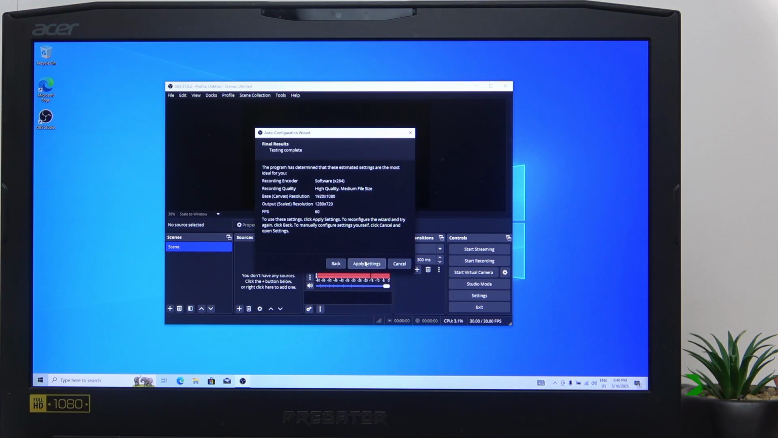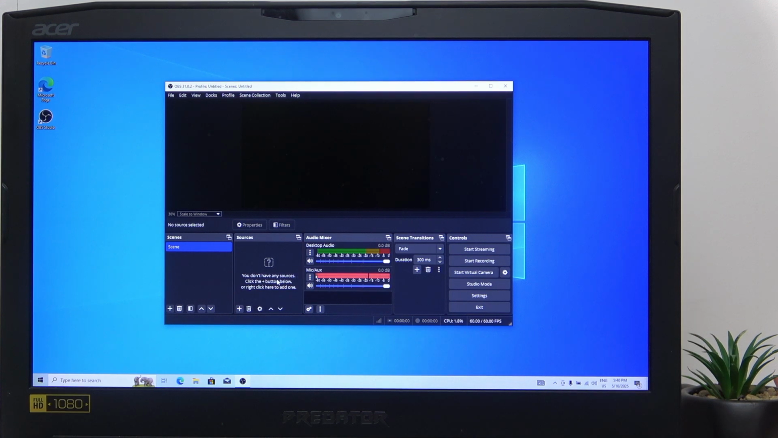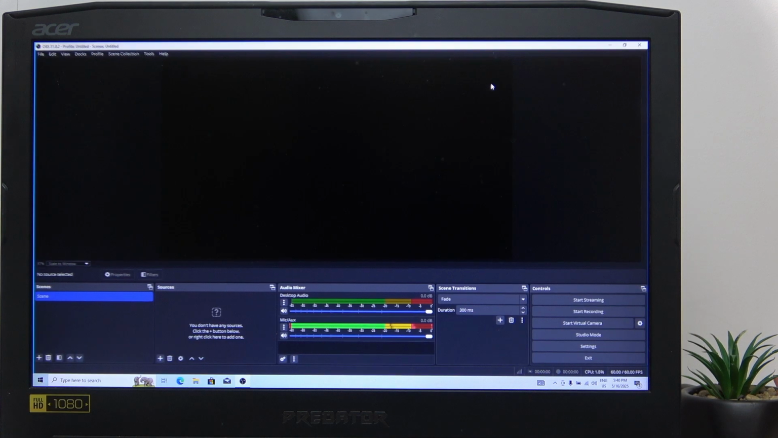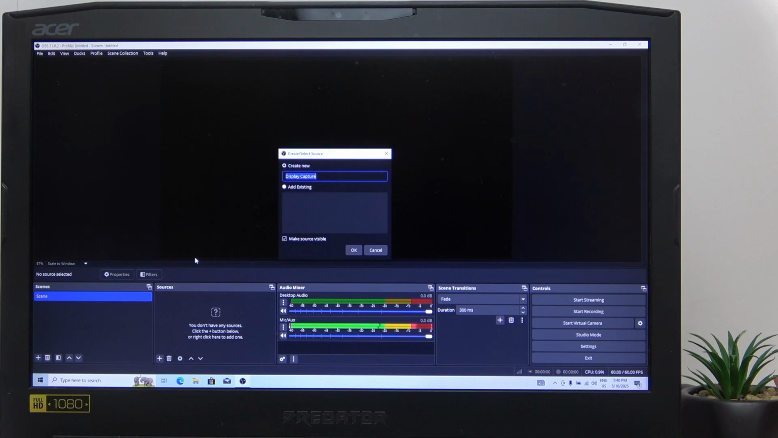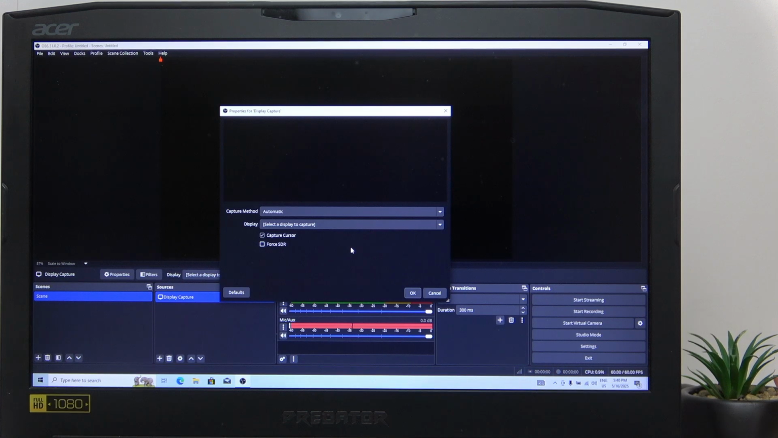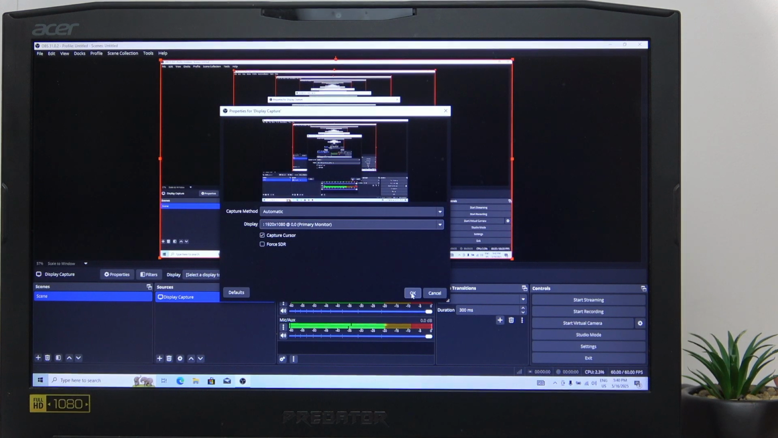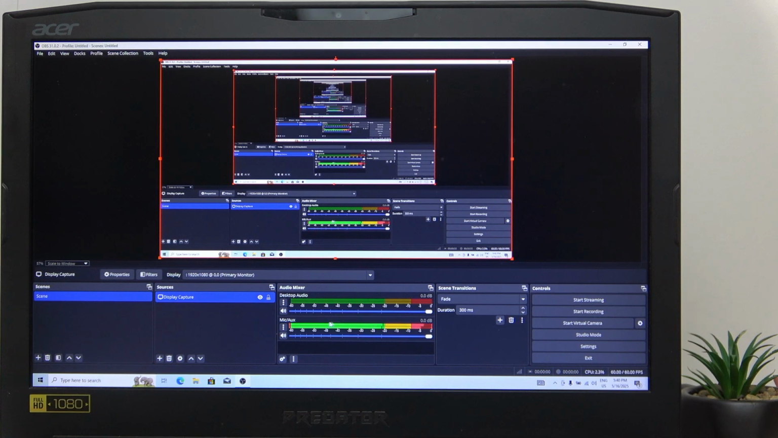And now I'm gonna apply the settings that it has chosen, and what you need to do is first of all add the source here, click on plus, then display capture, okay, select. You can leave the capture method to automatic, select the display you want to capture, click on OK. Then you can mute the desktop audio or unmute it, and you can do the same for microphone. And now click on start recording,